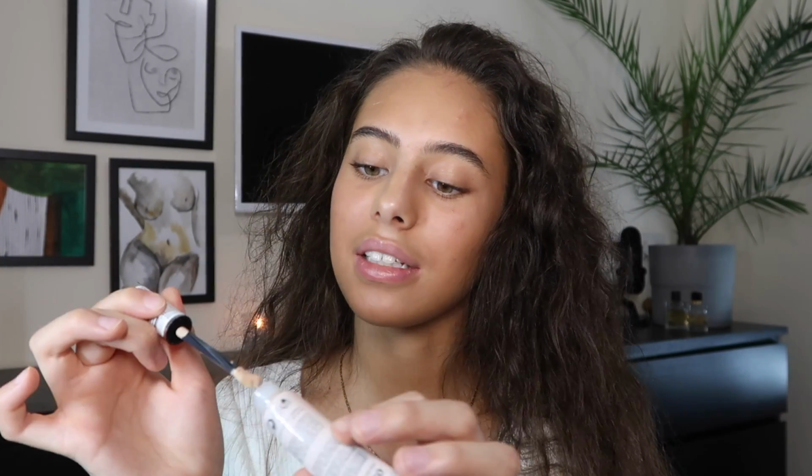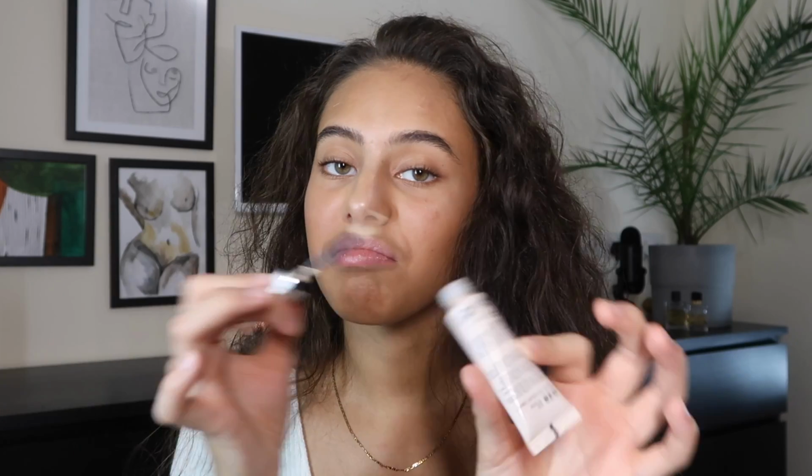And it's again very good product. As you can see by the name Candid, it is aimed at the natural bare finish, so it does deliver in that aspect, and it's got a wand applicator that is again very easy to put on your face. With this concealer, it is very skincare focused. It's got antioxidant ingredients, anti-pollution ingredients, and also anti-blue light ingredients, so it's very skincare orientated,